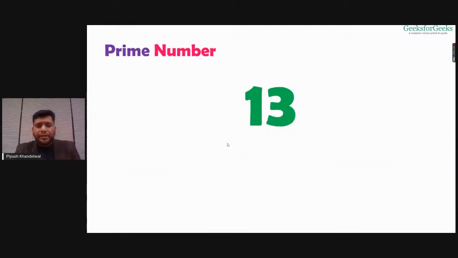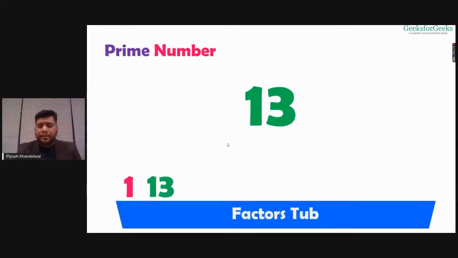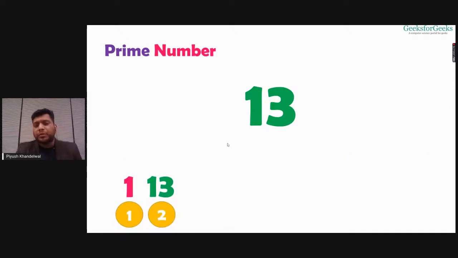Okay, so now we need to know how we can write a program that will tell me whether the given number is prime or not. So what we need to do is count the factors. Previously, we were printing the factors of a number. Now instead of printing, if I can count the numbers that have divided my given number, right? If I can count those, right?